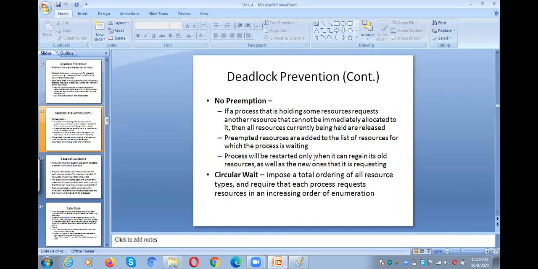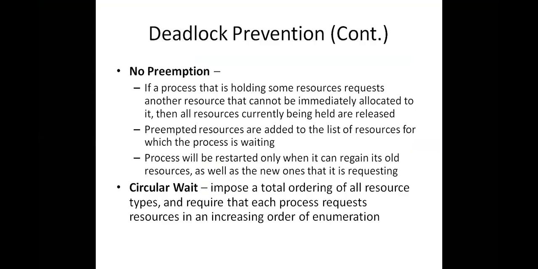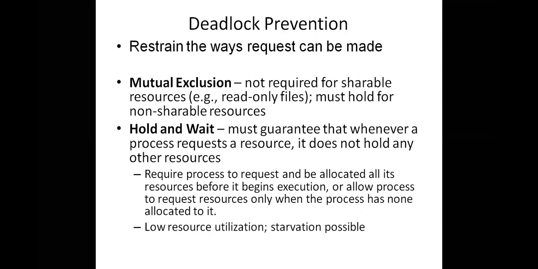every time the process needs to request the resources in an increasing order of enumeration only. That means P4 is allowed to request any of the processes' resources. That means P4 can wait for P5, P6, P7, and so on, any number. But P4 should not request or wait for the resource which is available to either P1 or P2 or P3. Why? Because 4 is greater than 1, 2, 3. So there will be no cycle. Likewise, we can prevent the deadlocks.